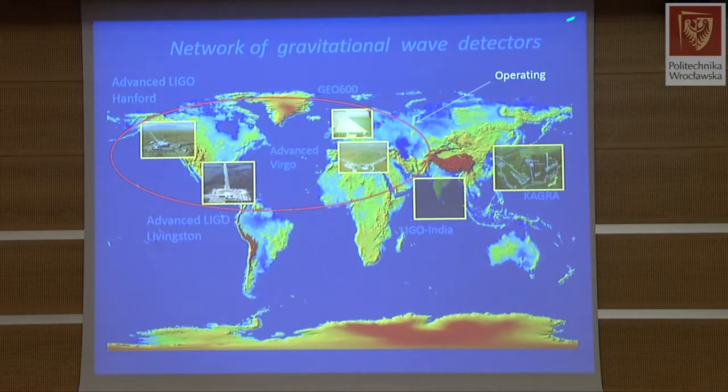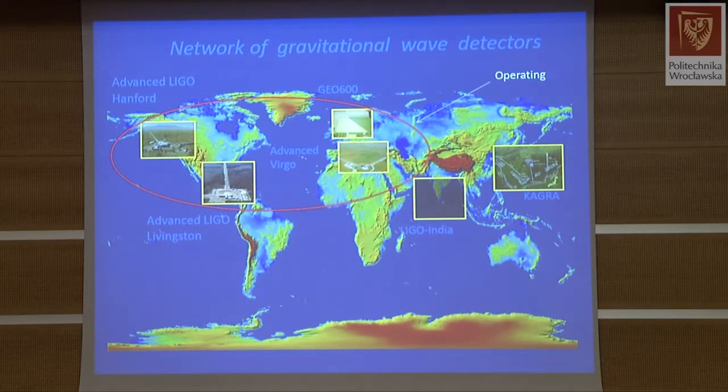So now we have a network of these interferometers. These are two LIGO detectors, and there is a Virgo detector in Europe, and also a smaller detector in Europe called GEO. These detectors are operating and taking data, but it was the LIGO detectors that made the first registration of the signal. There is also an interferometer under construction in Japan called KAGRA, and there are plans to build a